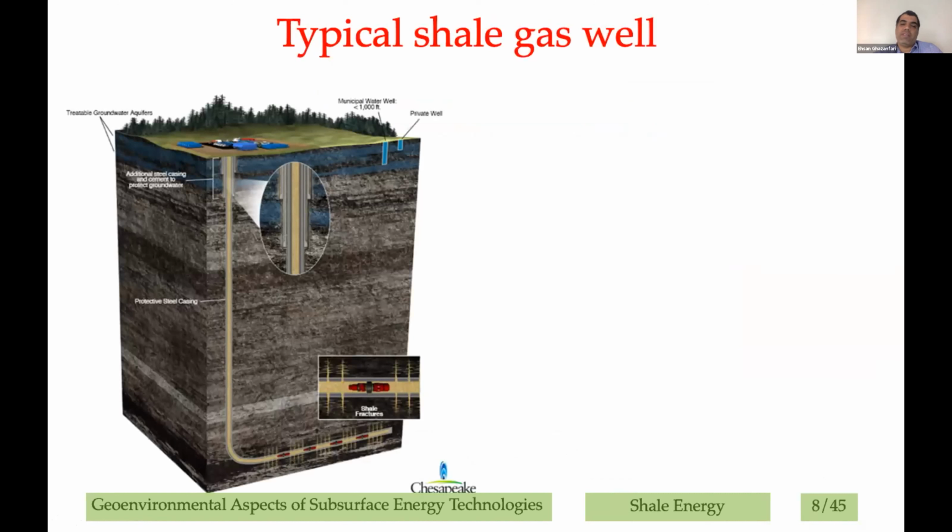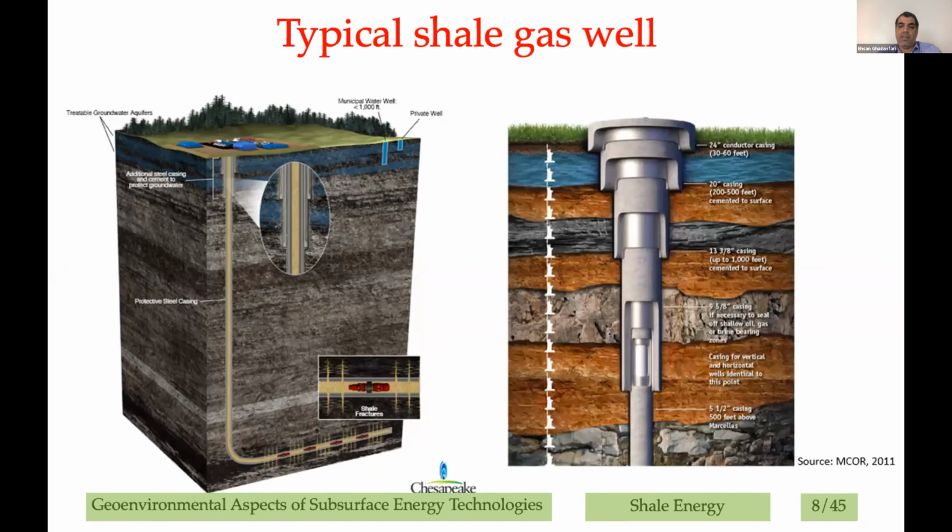If you look at a typical shale gas well, you can see the well pad here at the top, and then the top portion of the well, which has the well casing, the horizontal portion of the well, and the lateral portion of the well. Multi-stage hydraulic fracturing is done in different stages. Once a stage is completed, then the other lateral portions of the well will be fractured. So this will be done incrementally to fracture the shale formation.